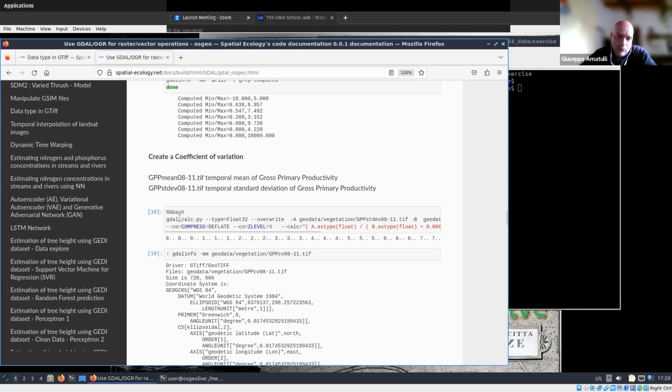Now that we know what we have in our directory, we are going to see several examples of how to use GDAL for different kinds of operations. One of the most important ones is the typical band combination, band multiplication. So in this case, pay attention that all this